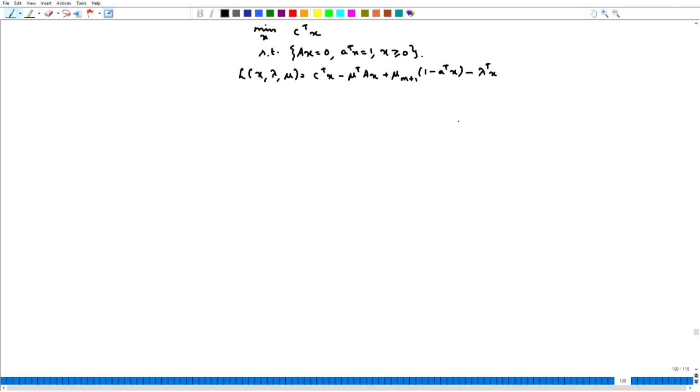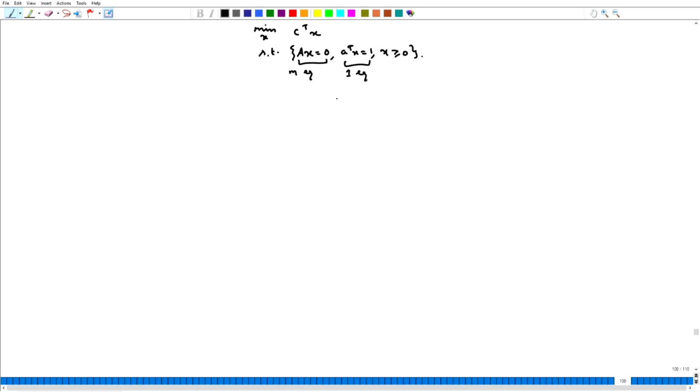Now, if we had written these two together, maybe we would have been better off, so I will possibly do that. Since we have m equality constraints and 1 equality constraint, in total we have m plus 1